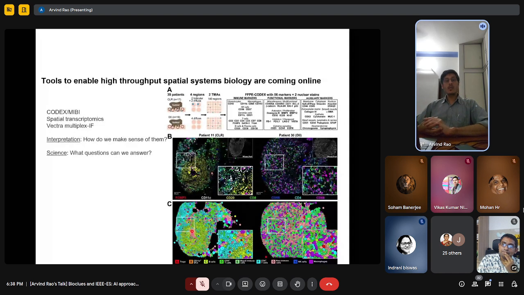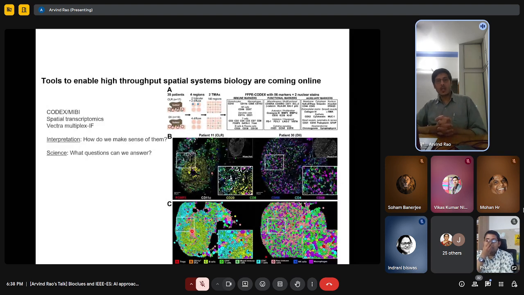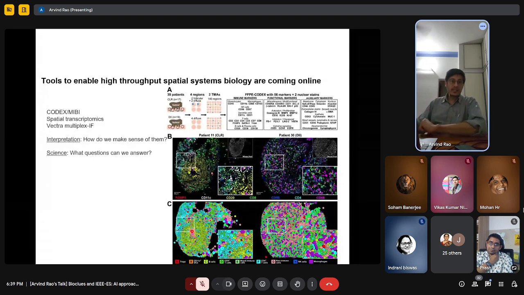But the big question now is, while getting the data is now not that hard, analyzing it is still a very, very big challenge. So right now, as of 2025, the instruments are becoming affordable. People have these instruments in their labs, in their hospitals, and they're getting this kind of data as we speak. But there's just not enough set of good tools to be able to analyze them. So essentially, it's just collecting digital dust in the hard drives, right?